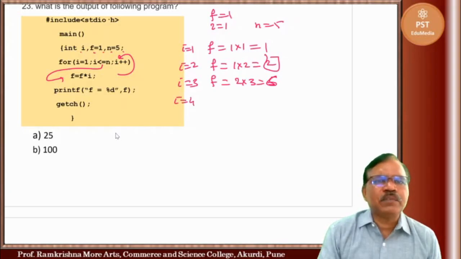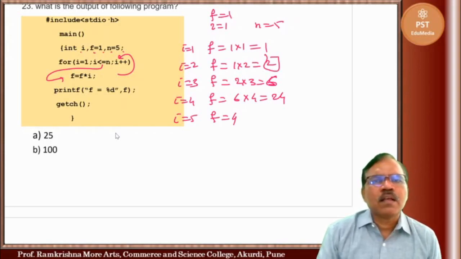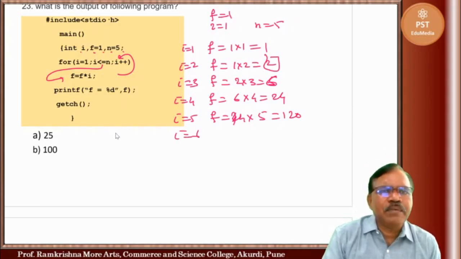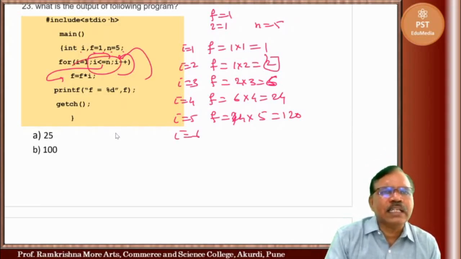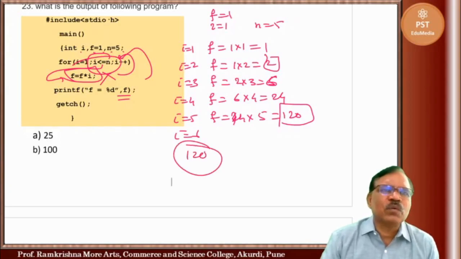Then i becomes 4, f is 6 into 4, that is 24. i becomes 5, f is 24 into 5, so it is 120. Then i becomes 6, the condition is false. So what is the final value of f? This one, because this statement is not executed. So it is 120. This is factorial. So 120.